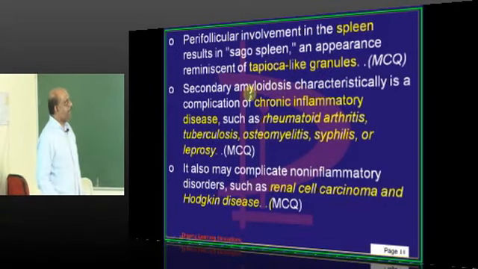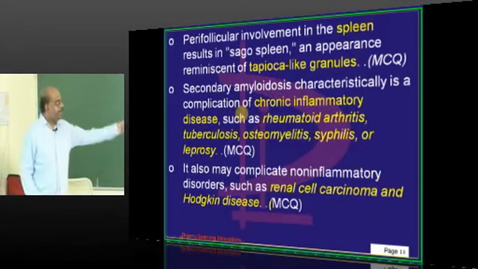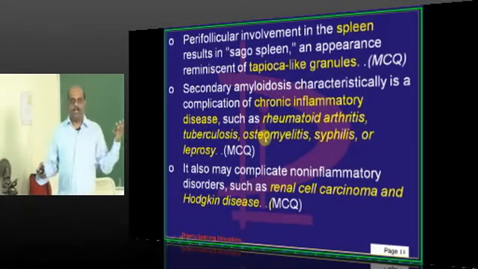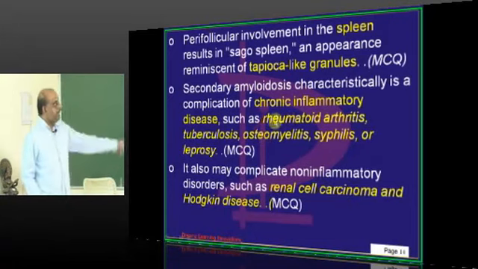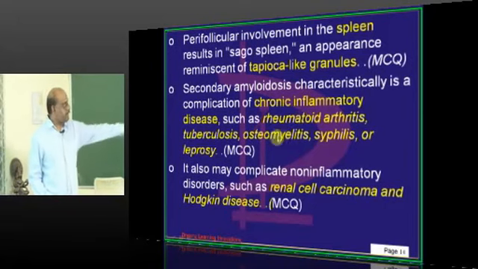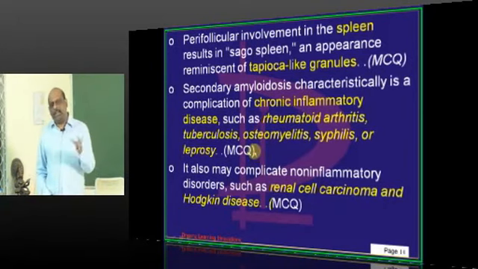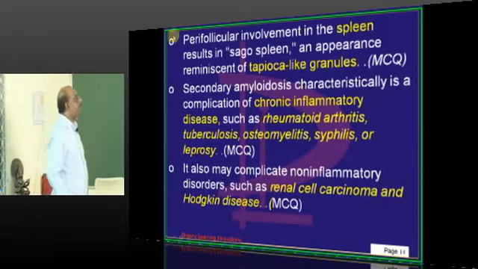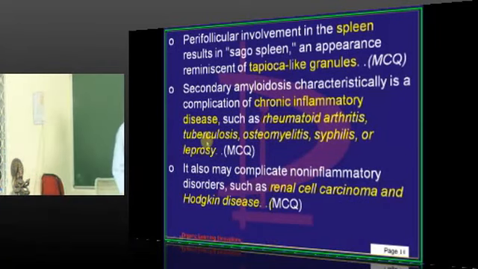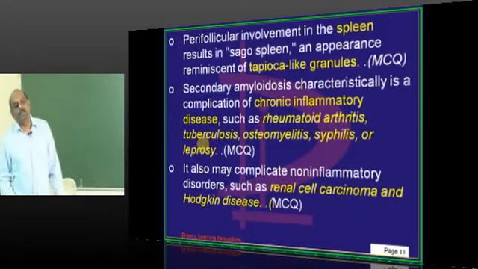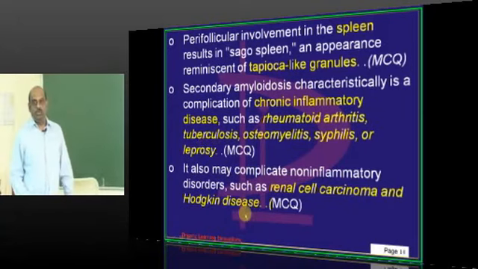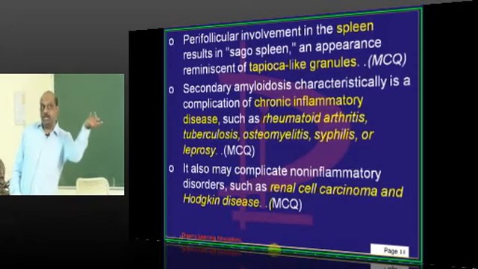Tapioca-like granules is how the amyloid will deposit. It's called sago spleen. And what inflammatory conditions do you remember when we say secondary amyloidosis? Rheumatoid arthritis, tuberculosis, osteomyelitis, syphilis, leprosy, mycobacterial chronic inflammatory states are the ones which you need to remember. Even Hodgkin's disease, renal cell carcinoma need to be remembered in relation to the non-inflammatory disorders which also can lead